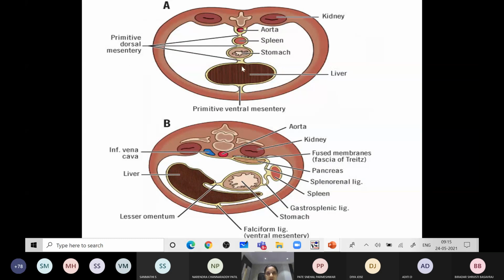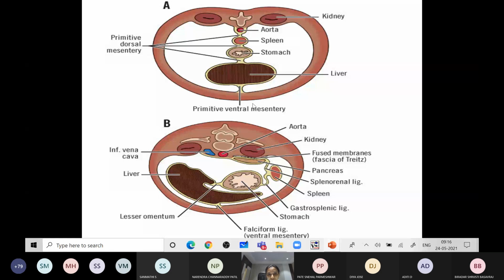See, this is a transverse section. You can see this is ventral mesogastrium, this is dorsal mesogastrium, this is the developing stomach. In between the stomach and the anterior abdominal wall, into the ventral mesogastrium, the hepatic bud grows, which develops into the liver. Whereas posteriorly in the dorsal mesogastrium, the primitive splenic tissues develop, coalesce and form the spleen. So in the ventral mesogastrium, the liver intervenes between the developing stomach and the anterior abdominal wall. Posteriorly, the spleen intervenes between the stomach and the posterior abdominal wall.